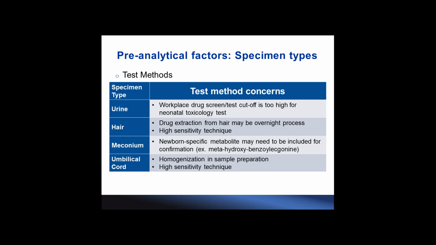So in the last few slides, I have 2 points to make here. Number one, if all 4 specimen types are collected from the same baby for the toxicology study, the test results don't need to be measured against each other. That means one test does not dispute the other. In other words, a negative test result from urine doesn't mean the positive result in umbilical cord is a false positive. Or a positive meconium result doesn't mean that a negative result from umbilical cord is wrong.